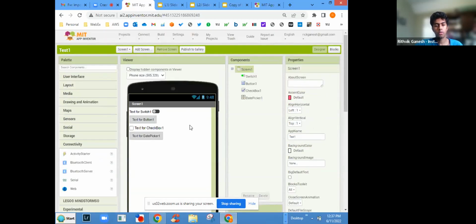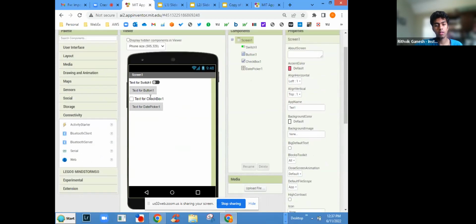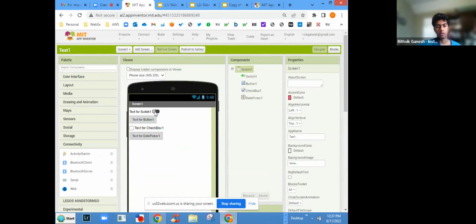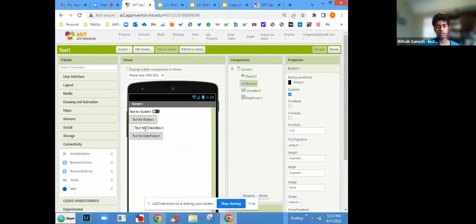And of course, then we have the viewer itself. This is how, if I were to simulate or emulate this app, it would look on my phone or on the emulator. And here, of course, you can see the different elements. You can click on them. And what you'll notice is when I click on them on the components page, they'll get highlighted. So for example, like I mentioned earlier,